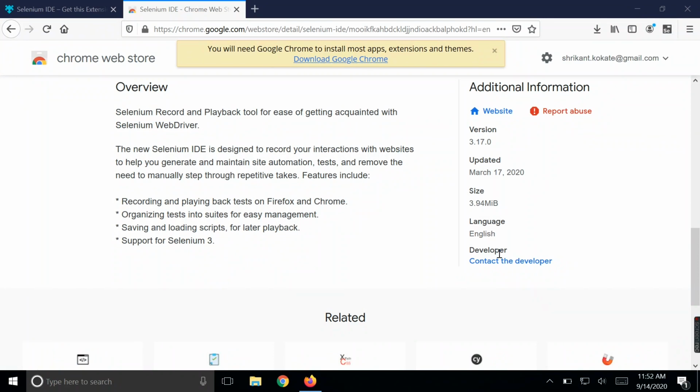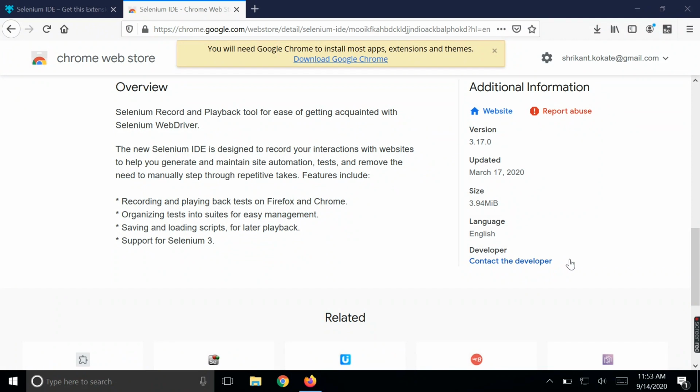It compiles all the interactions as test cases in terms of a software suite, or basically a test suite, that can manage all the test cases together. It can save all the test cases in terms of scripts so that it can play them again and again, and it supports different browsers with different operating systems. So how to start with the Selenium IDE, that we'll discuss.